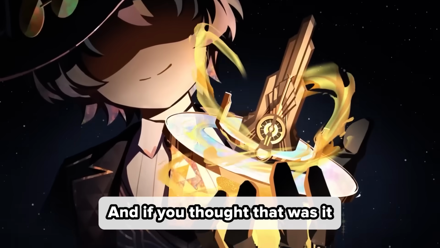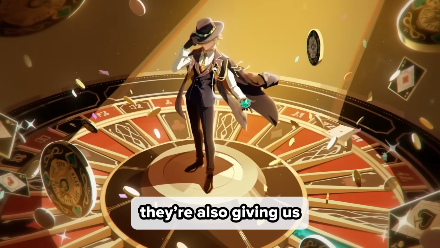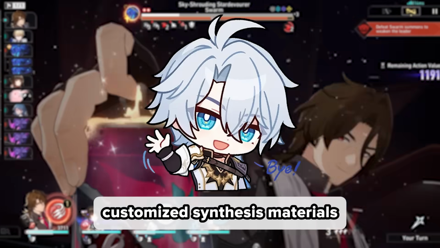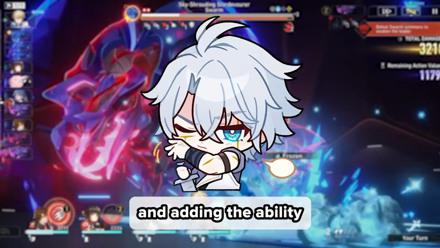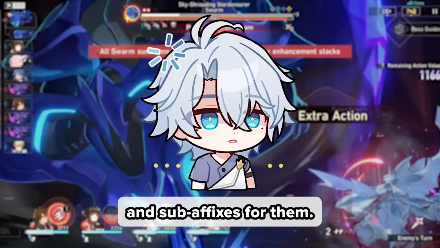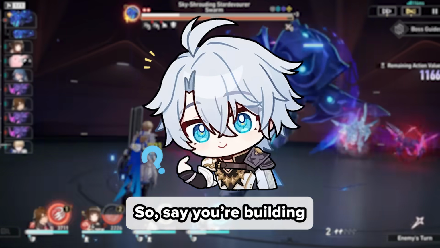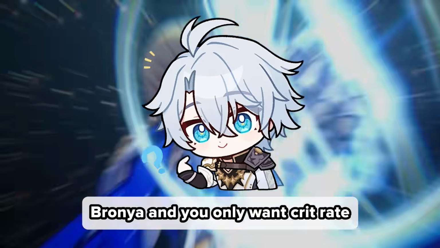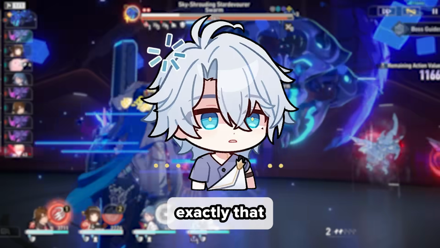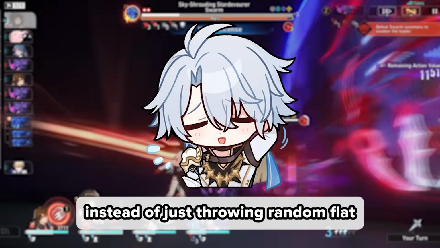And if you thought that was it for relics, nope, because they're also giving us a relic synthesis system optimization. We're talking about merging customized synthesis materials and adding the ability to tag recommended characters so the system can suggest main and sub-affixes for them. So, say you're building Bronya and you only want crit rate with some speed on the side. Bam. The system will now push you toward exactly that instead of just throwing random flat HP at you like